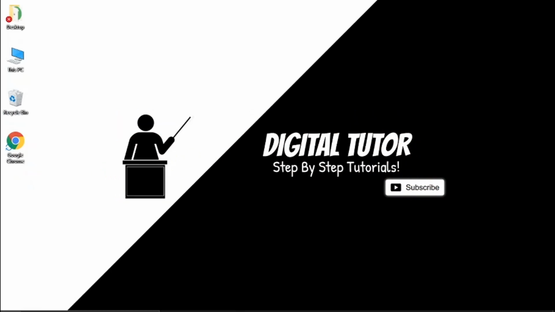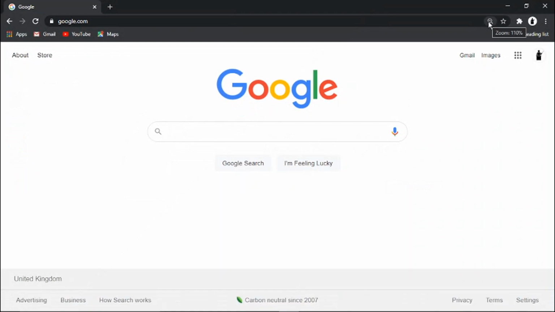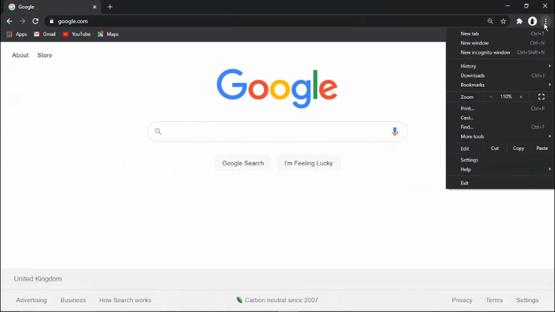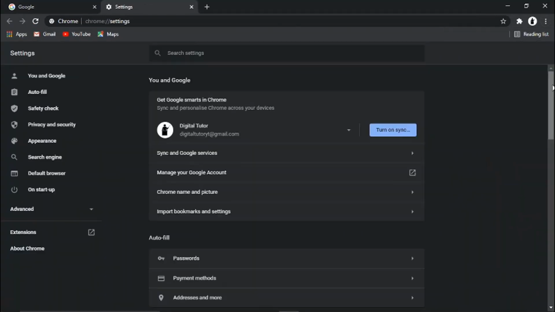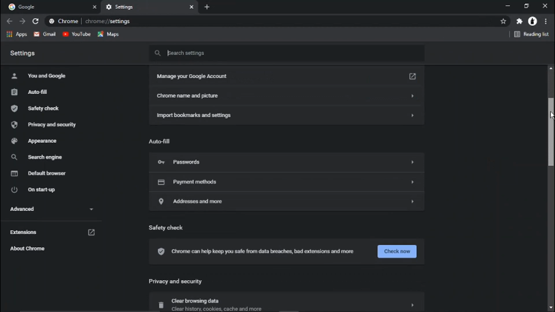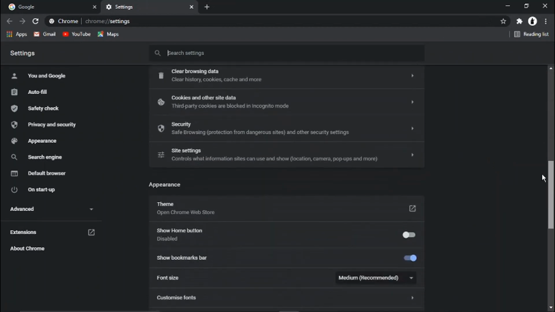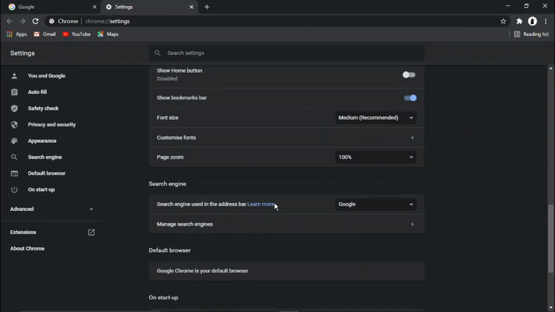So what we need to do is open up our Google Chrome browser, and you need to come across and click the three dots up here in the top right hand corner, and then come down to settings and give that a click. And then from here what you want to do is just scroll down the page until you get to search engine. And what's going to happen is the first option here, which says search engine used in the address bar, this will be saying Bing. So what you need to do is click the drop down box and just change that